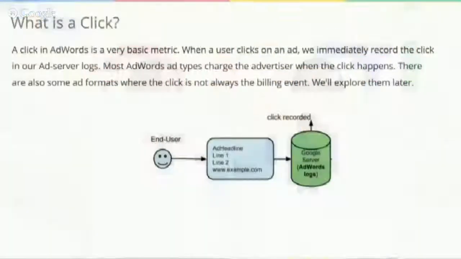Cool. So let's dig into the background. What's a click? A very good question, with a very simple answer, I guess. The simplest way to look at a click is a hit to a Google server. Every time someone clicks on an ad, or in some cases just views an ad, we track a click or an engagement or an impression. So it's one of the simplest metrics any ad platform or web application out there tracks, and it's categorized in a very quick time frame as well.